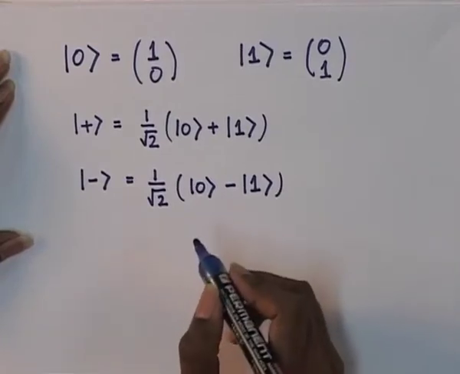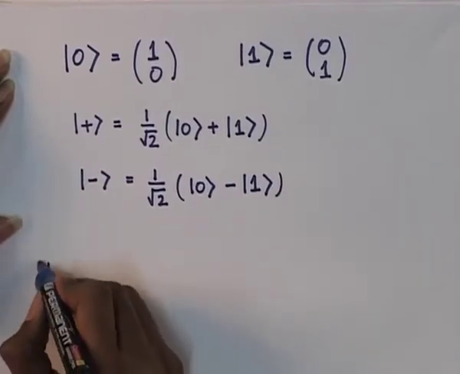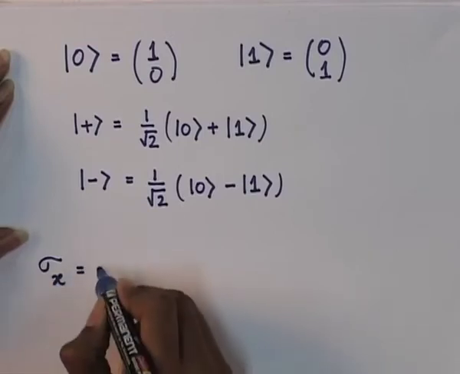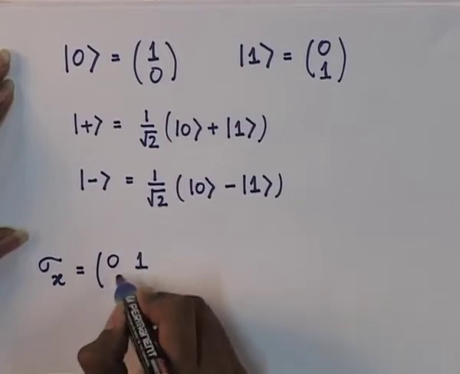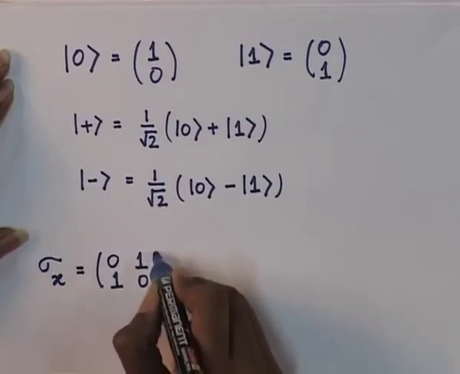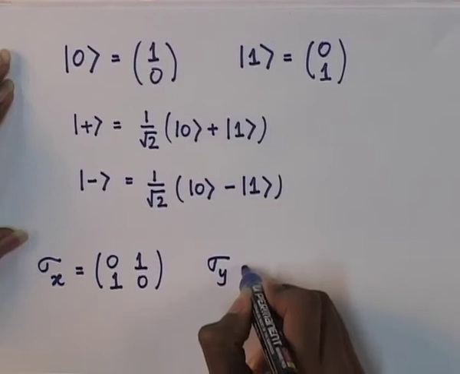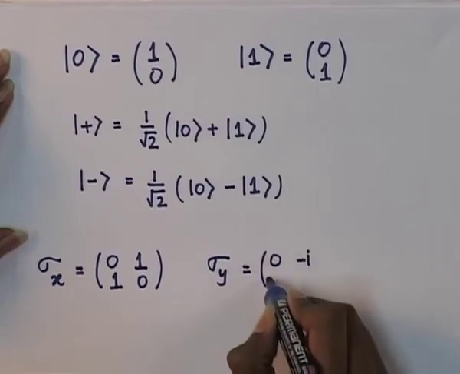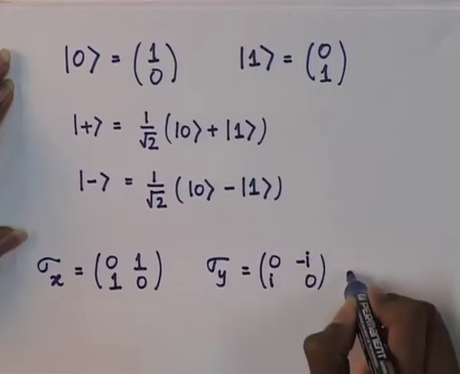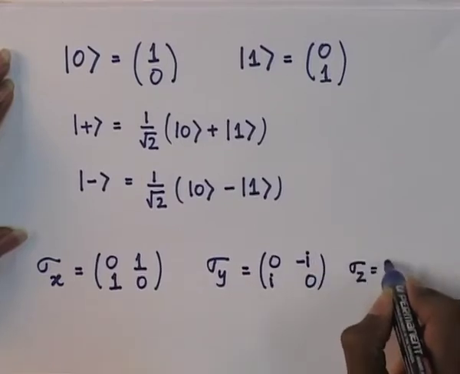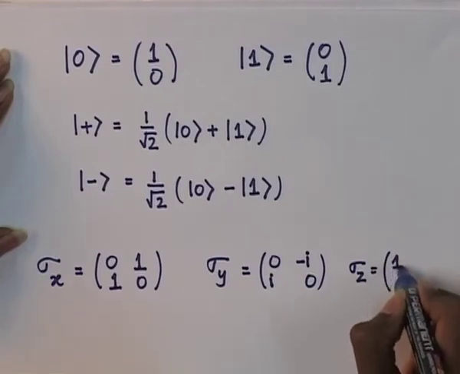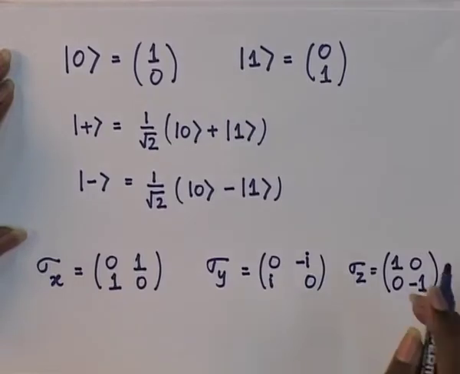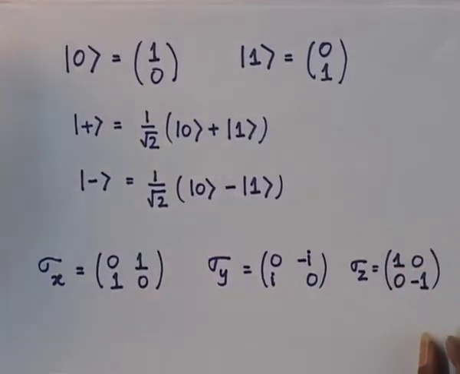And now we will come to quantum gates or Pauli matrices. Sigma y is equal to (0, minus i; i, 0) and sigma z is equal to (1, 0; 0, minus 1). These are the basic information we need, and some more are: